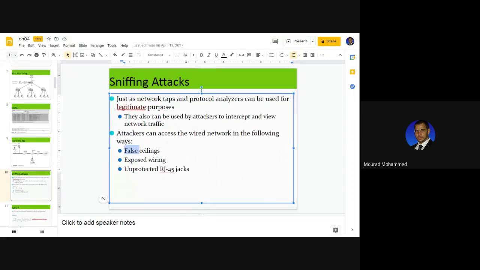So attackers can come in an obscure way and secretly open those covers and use the wires. Or the wires are exposed directly. The network wires are exposed, open, available in the wall, available visually, and everybody can use them. The wires are not protected. So this is a vulnerability that attackers can use also. Or not only that,